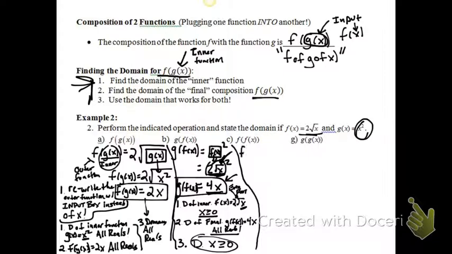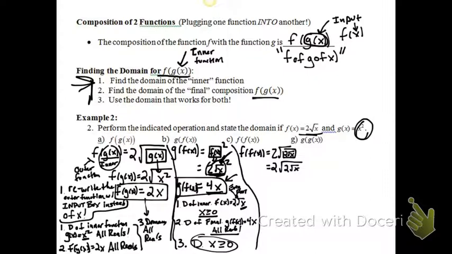So I'm going to do f of x and use an input box to root input box. And we're going to plug in f of x right away. Now if you're kind of getting the hang of it, rather than write f of x inside, I'm just going to go ahead and write 2 root x. Okay, so we plugged in f of x inside of itself, and I get 2 square root of 2 square